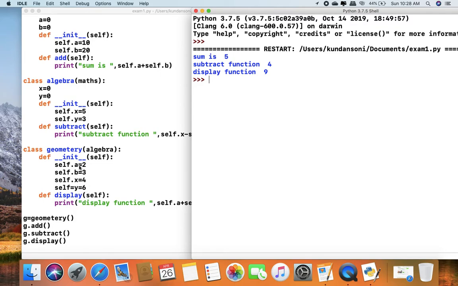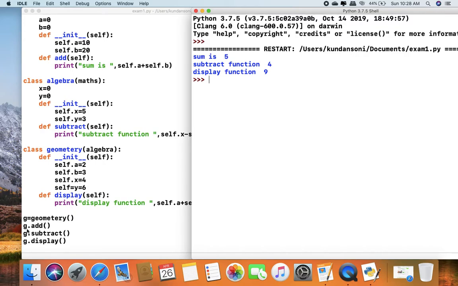As we know, whatever variable we want to use must be declared first, but variables a, b, x and y are not declared in the geometry class. These variables are declared in their respective parent classes, so we can easily use them in the child class. This is basically called multi-level inheritance.